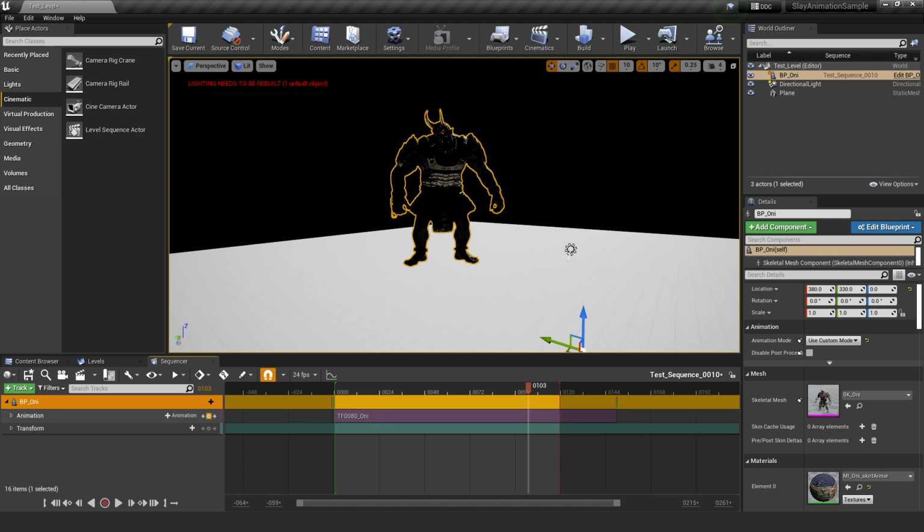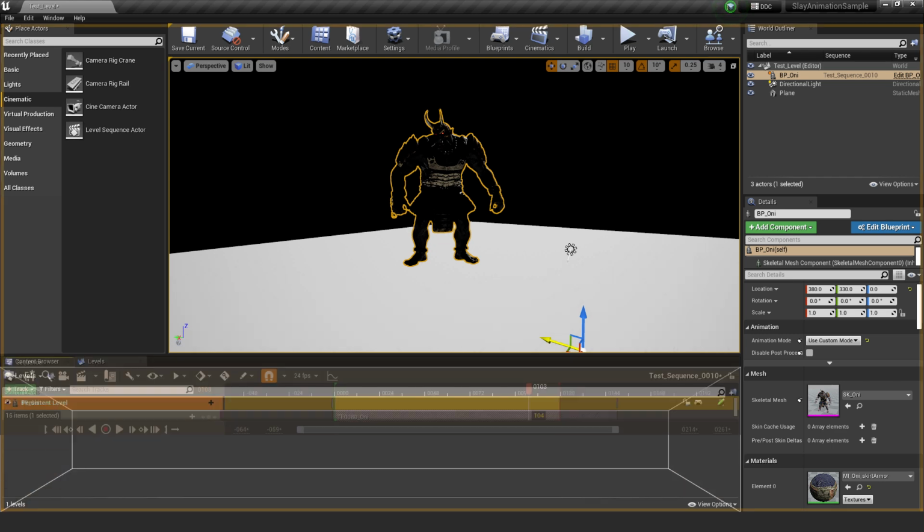Now that we have him in here, one thing to keep in mind is that these animations were once mocap files recorded on a stage with separate software. They were then passed into Maya, and from there converted into an FBX format that we then imported into our project. We won't go over the steps here, but essentially this is your end result. Also, there's more than one way to add an animation into your sequencer.